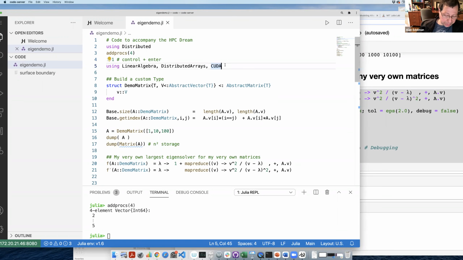And I do need a couple of packages, which I'm going to grab. I'm going to grab the linear algebra package because I'm doing a linear algebra application, and distributed arrays because I'm going to be doing some parallel computing, and I'm going to do some CUDA, which is the NVIDIA language of GPUs.